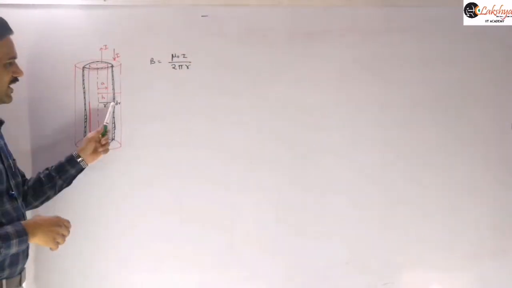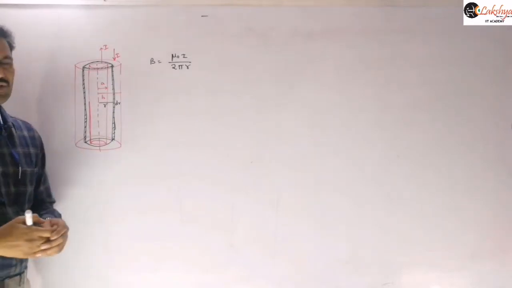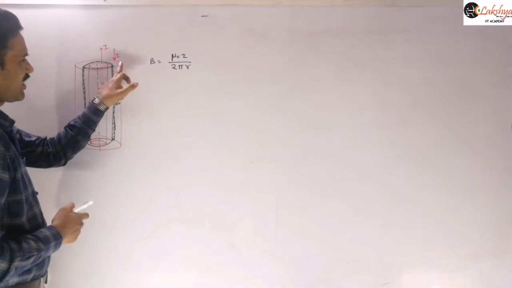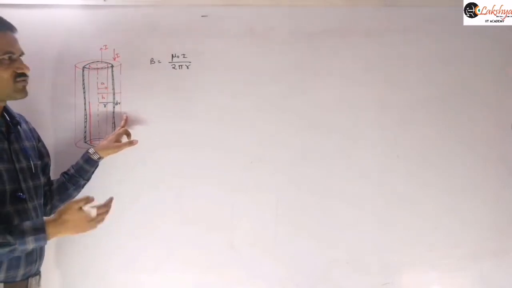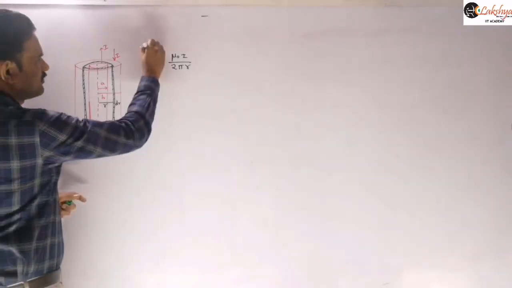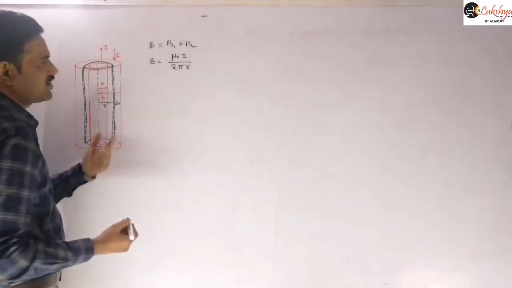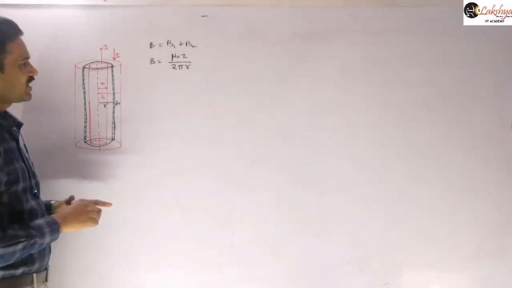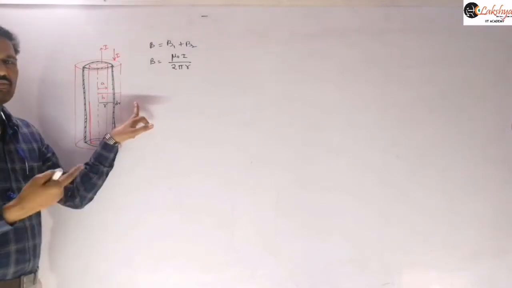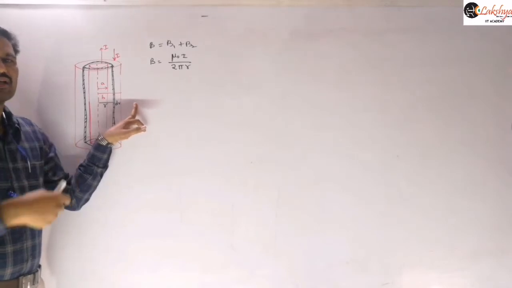So magnetic field in the region of the cylindrical element, what we are assuming in that region we need to write. So for that region the magnetic field due to this outer cylindrical shell will be 0. So actually you need to write this magnetic field as B1 plus B2, where B2 is the outer cylindrical shell. Now magnetic field due to this outer cylindrical shell will be 0. That we know from the Ampere's law. Inside the hollow pipe the magnetic field will be 0.